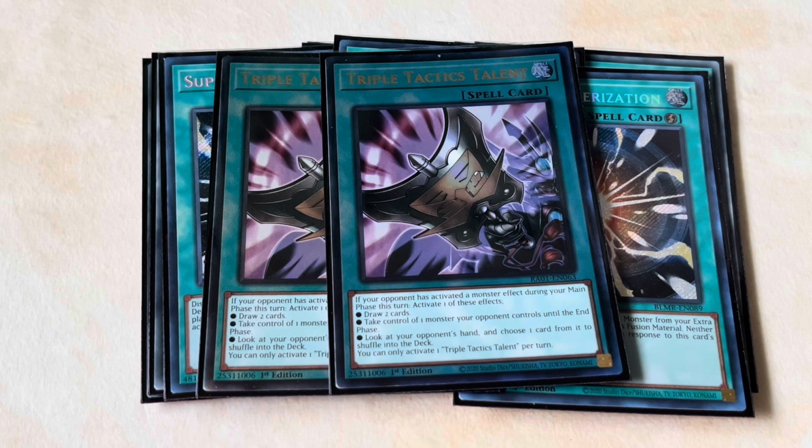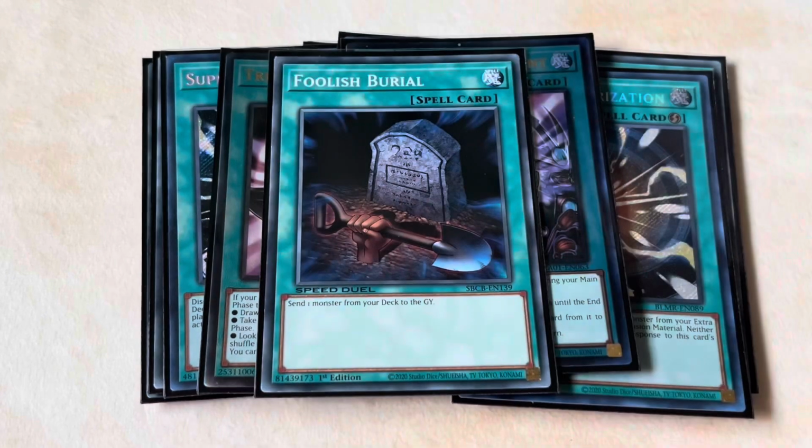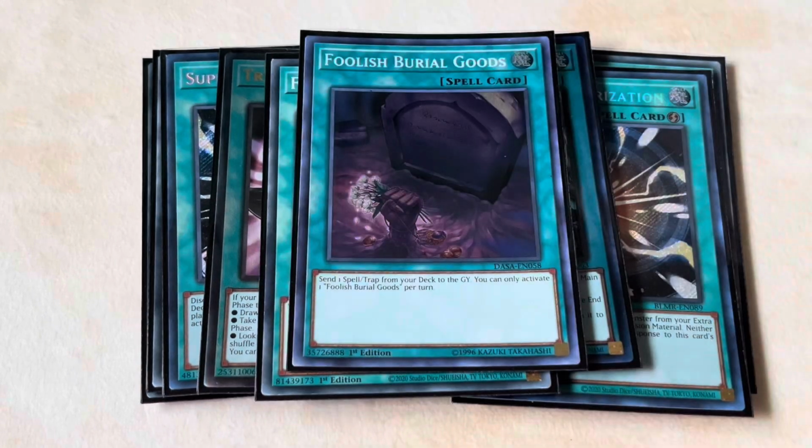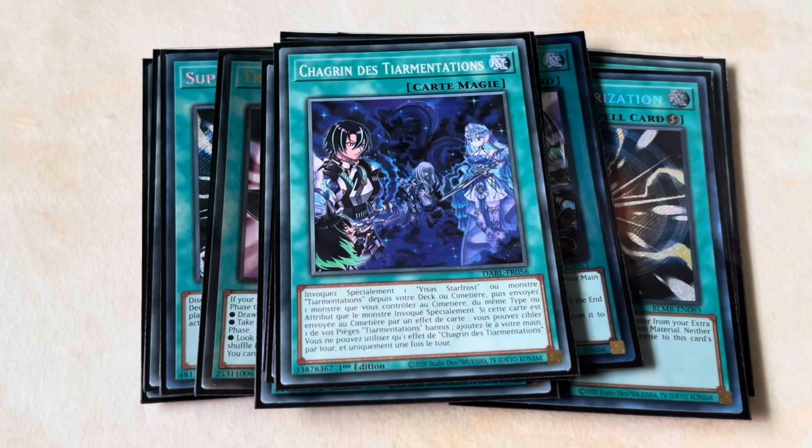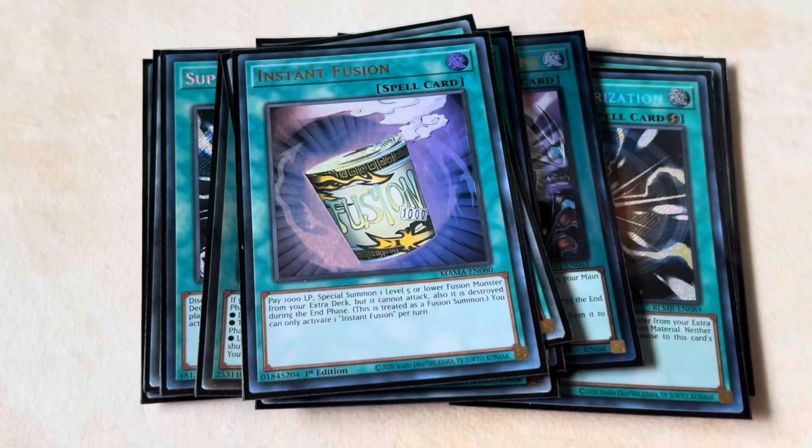And then we just play a bunch of 1-of spells. So you play the 1 Foolish Burial, the 1 Foolish Burial Goods, the 1 Called by the Grave, the 1 Tearlaments Grief, and then for the final spell, we play the 1 Instant Fusion, which is a card that I actually really, really enjoy. So sure, we can't go Instant Fusion summon Kit Colossus anymore,